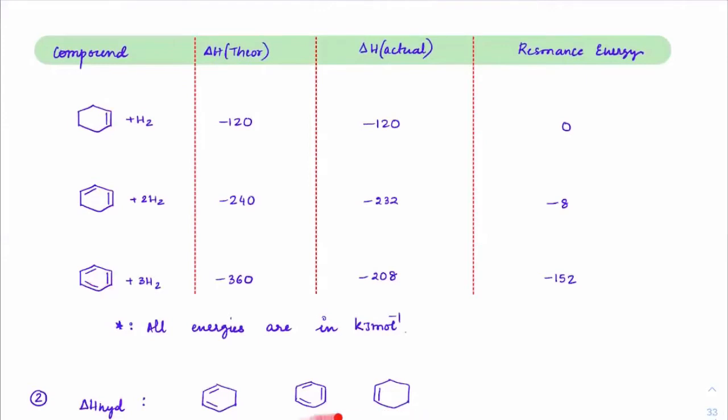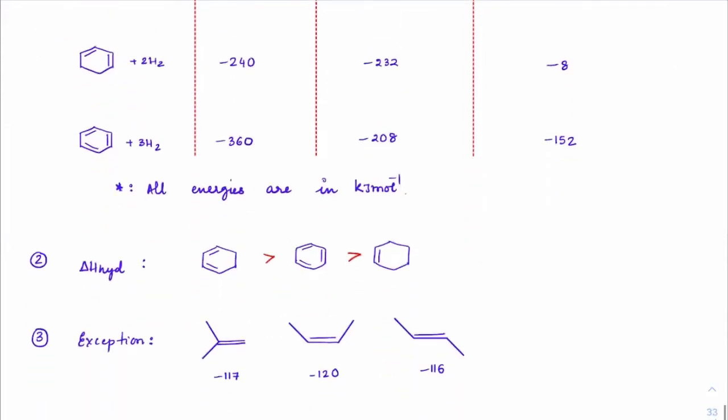So if you compare these, you can see highest is for which one, beta? So between these 3, second one, which means this one. So here it is highest than this. So here you can see it is violating the number of pi bonds, correct? Otherwise, more the number of pi bonds, more should be delta H hydrogenation. But in this case, it is not so much valid because benzene gets immense stability and has high resonance energy. In thermochemistry, you may have learned how to calculate resonance energy using this, same fundamental. Okay, right. So that's how you will check out delta H hydrogenation.